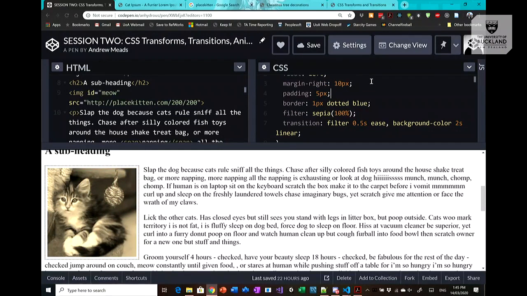Okay, so do we have any questions at this point about transitions and image filters and transforms? Cool. All right, so the next thing we're going to do,